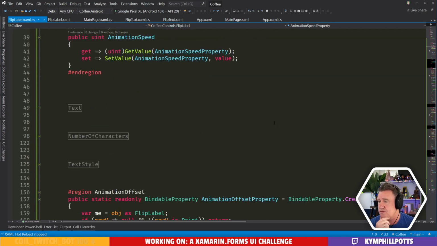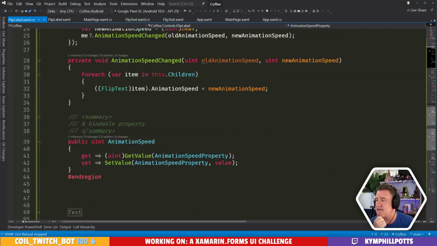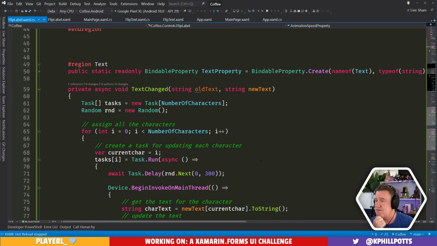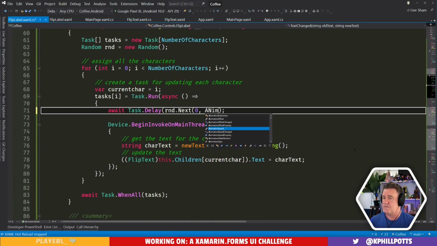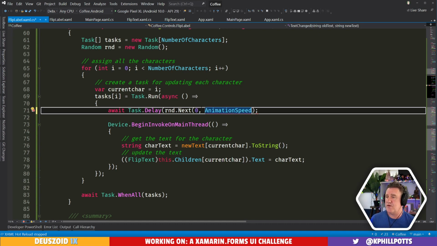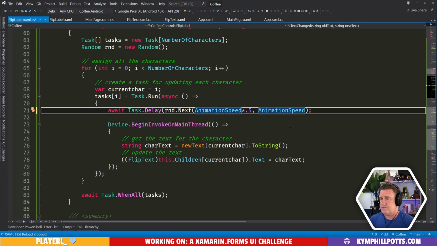And we probably also want to make sure that when we're doing that funky little bit of code where we do the task, we get a value between 0.5 and the whole animation speed.